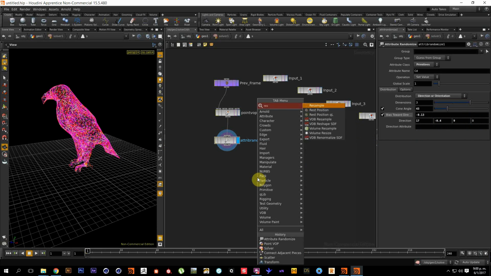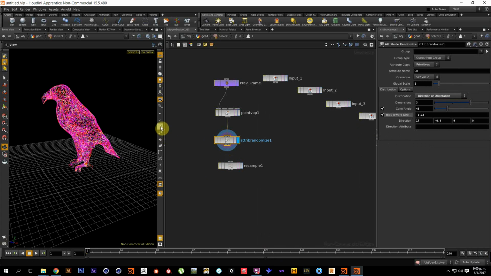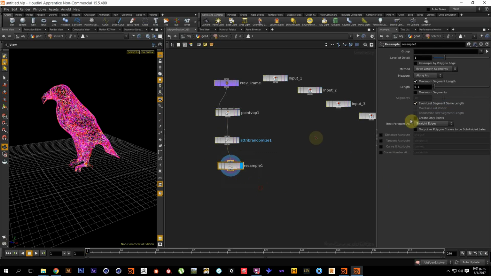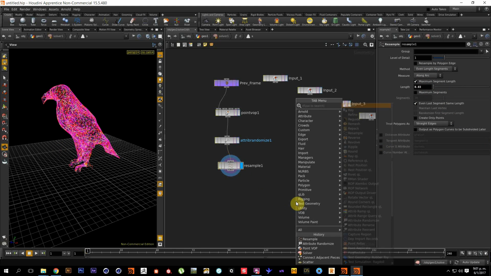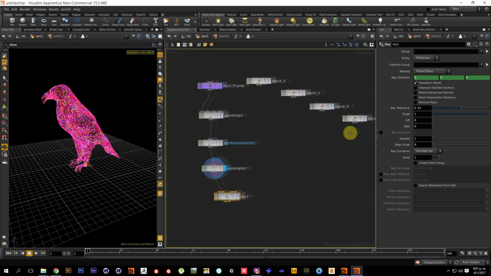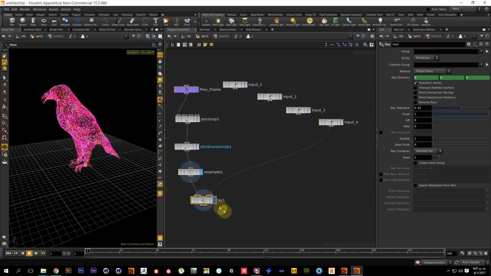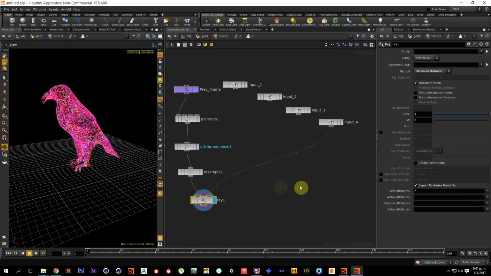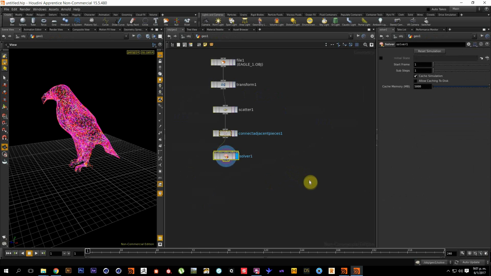So now we need a resample node to add points in between, as you can see, and let's change the length to 0.03. And lastly, we need to add a ray sub. Connect this here and this to the input 4. And in the ray settings, we are going to change the method to minimal distance and import attributes from hits. So now press U to go back,